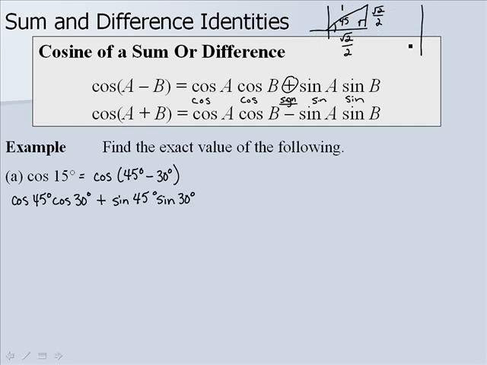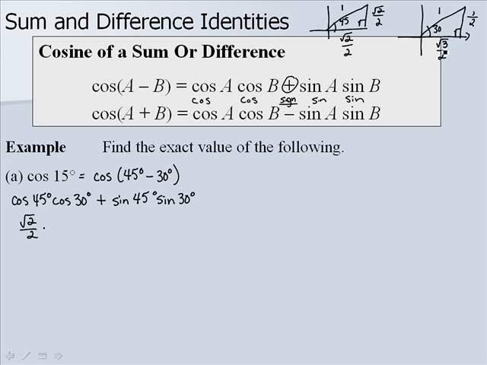And then when we have 30 degrees, the side opposite 30 degrees was 1/2. The side opposite our 60 degrees was square root of 3 over 2, and then our hypotenuse was always 1. So the cosine of 45 degrees would be the adjacent over the hypotenuse, or just square root of 2 over 2,